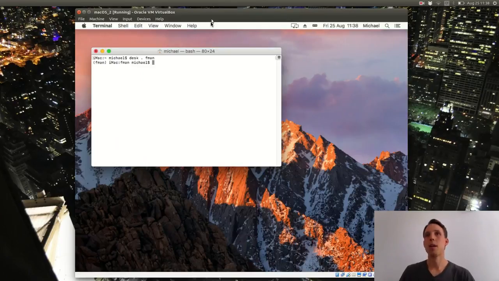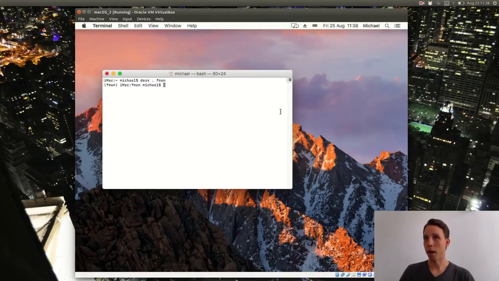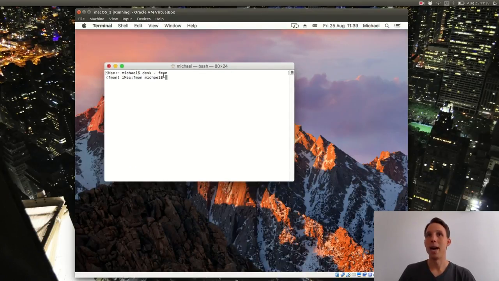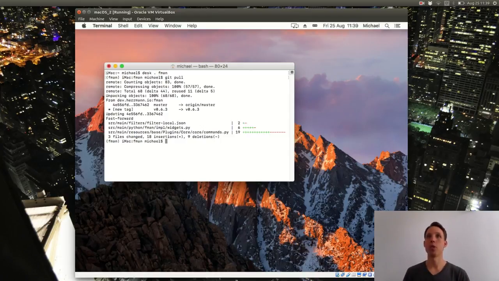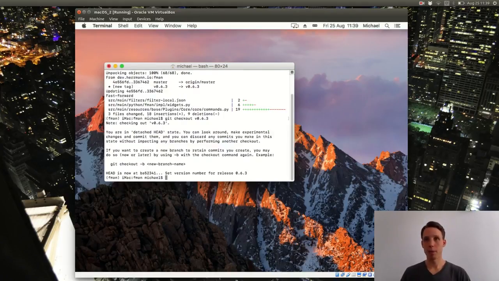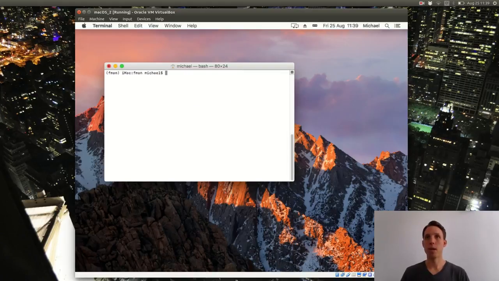Similarly to Windows, I am running macOS inside a VirtualBox as a virtual machine on my main system, which is Ubuntu. So as before, I've opened a terminal here, and I've already issued the desk command for opening fman's source tree. As before, I pull the new source code version and I check out the version of the source code that I want to release, and then I say